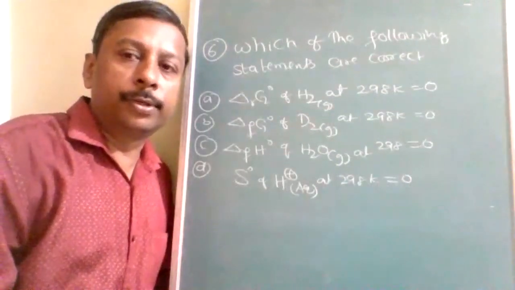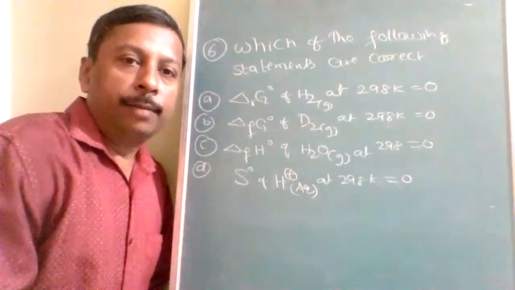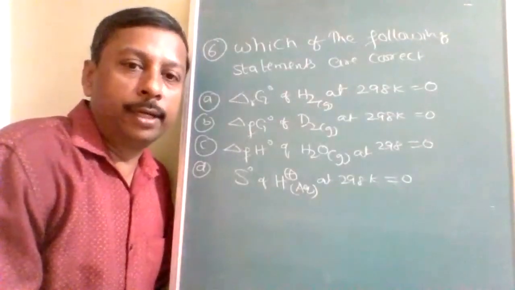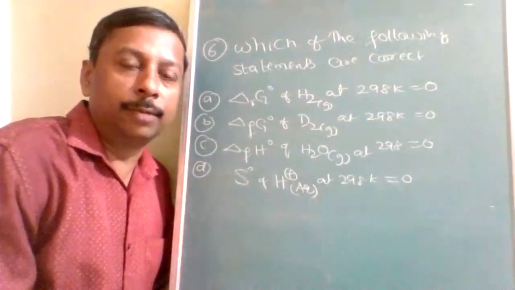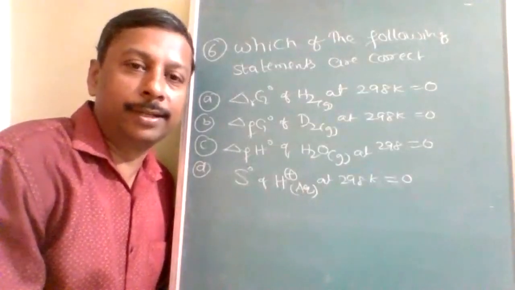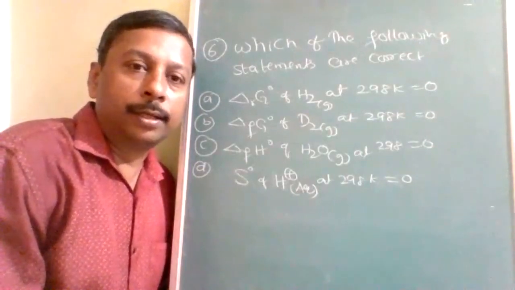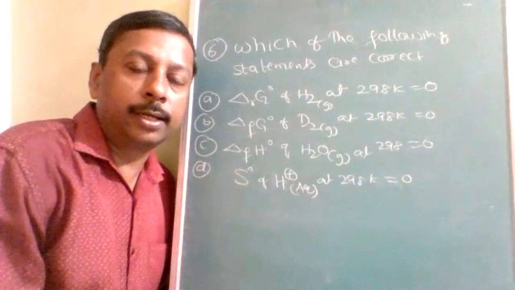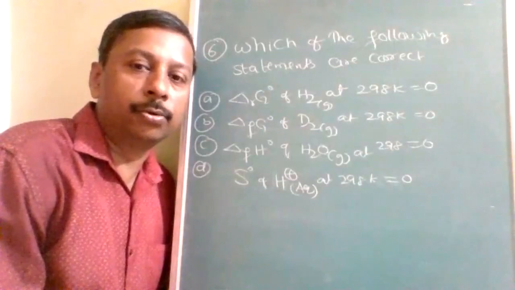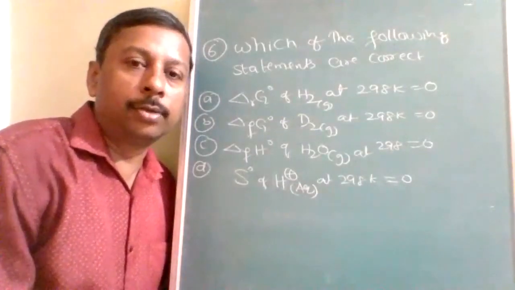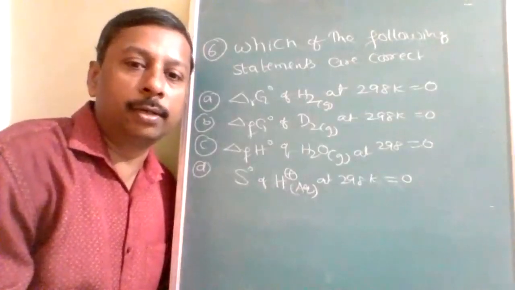Okay, these are some questions from thermodynamics regarding the enthalpy of formation, free energy of formation, entropy. Okay, so be very careful. The second law of thermodynamics is a dangerous chapter, a dangerous topic. Normally people will feel that at the standard state, all enthalpies, free energies, and entropy are zero, but it is not. Okay, so try to study everything as per the rules. You have to identify if it is following or not.